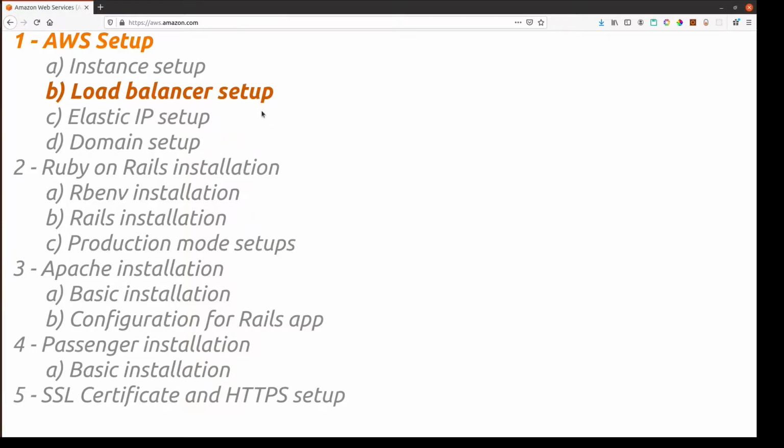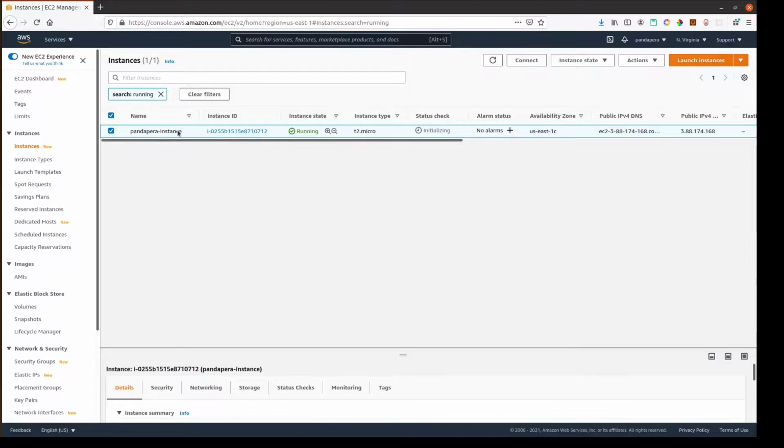You might be wondering what a load balancer is. If I explain it very shortly, it's a distribution of network that enables efficient traffic to our website. Enough talking. If you remember from the last video, we created an instance and it is running very well. The road to a successful website requires a load balancer for efficient trafficking, and that's what we are going to